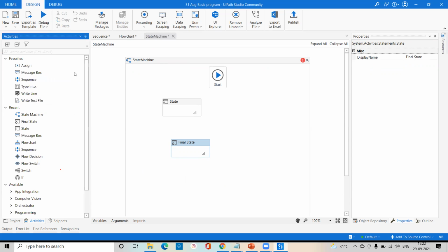If you take any activity like message box, flowchart, sequence, flow decision, it is not possible; you are able to take only state and final state. Okay. So today the main topic is your state machine, and this is the difference between state machine, flowchart, and sequence. So right now we'll discuss the state machine.